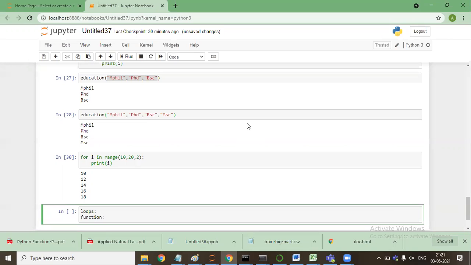Loops are used as the next version for list comprehension, and functions can be used as lambda functions. I will cover both of these in detail.